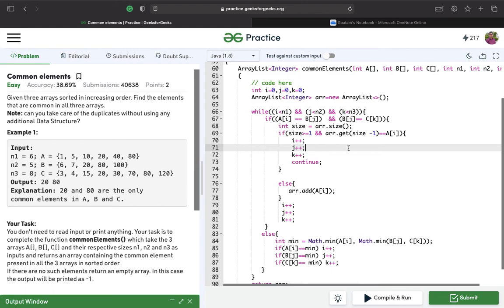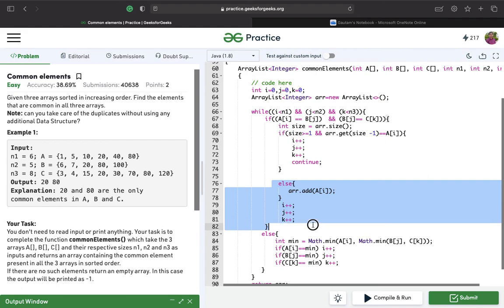So what I've done over here is, if all the pointer elements are equal, we check if the array list size is greater than or equal to 1 and if that element is already present in the array list. If that's the case, we do nothing, we just increment the pointers and continue.